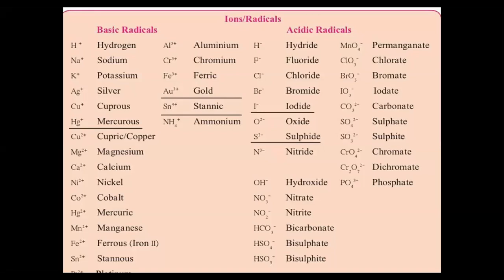Acidic and basic, they're correct, but there was one more term which I told in terms of radicals, which can be asked as a definition as well. Yes, very good, Mrinal. It's composite and simple. Simple radicals, as you can see from the table, are the ones where there is a single atom carrying a charge. And composite is the one where two atoms are combined together and carrying a charge, which will be called a composite radical. So I assume that now the ions and radicals confusion is clear to everyone. Is everyone through with the concept of ions and radicals?